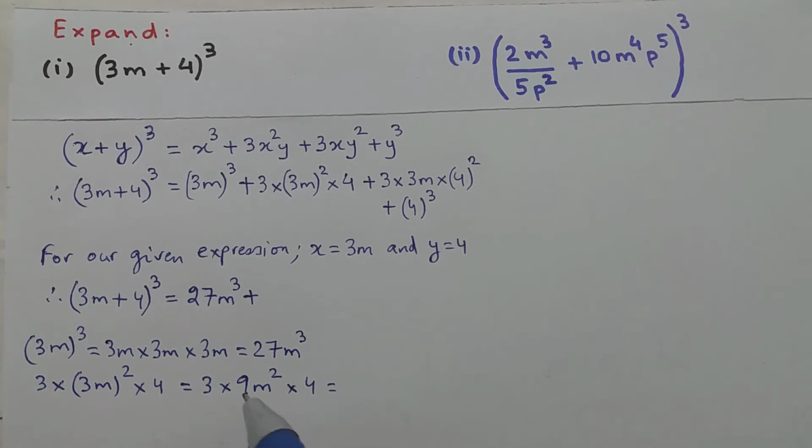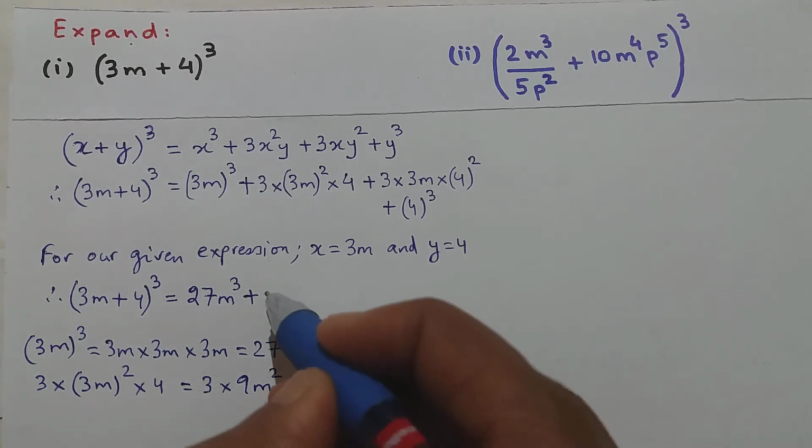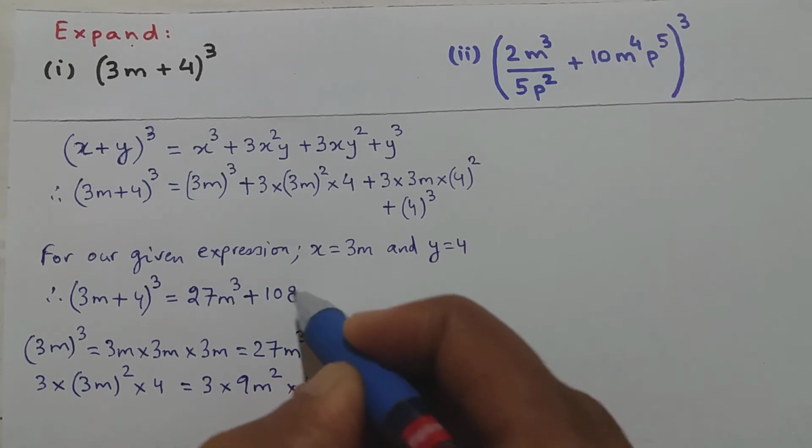So 3 into 9 is 27, and 27 into 4 is 27 into 2 is 54, and 54 into 2 is 108. So it becomes 108 m square. So 3 into (3m) whole square into 4 is 108 m square. So this is 108 m square